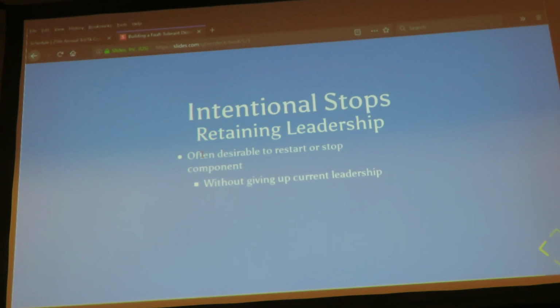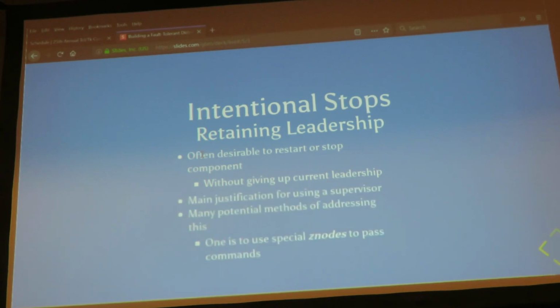Something else that's not part of the recipe that's pretty straightforward is that oftentimes you want to intentionally stop or restart some of your components without giving up leadership. And there is a performance impact to undergoing leader election. In the case of, say, a code upgrade, you just want to upgrade the code, restart the components, but maintain leadership. So that's something that you definitely want to do, and that's sort of the main justification for using a supervisor